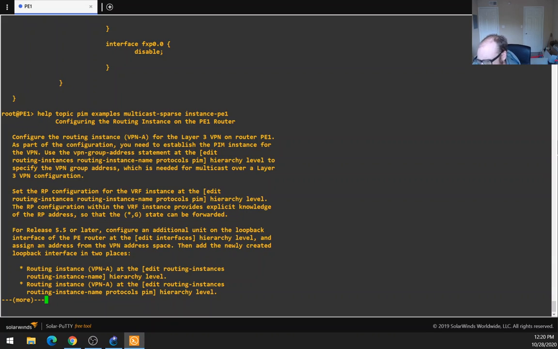Set the RP configuration for the VRF instance at the edit routing instances, routing instance name, protocols PIM hierarchy level. The RP configuration within the VRF instance provides explicit knowledge of the RP address so that the